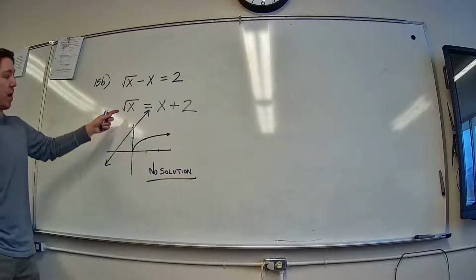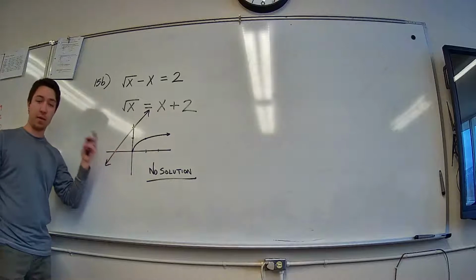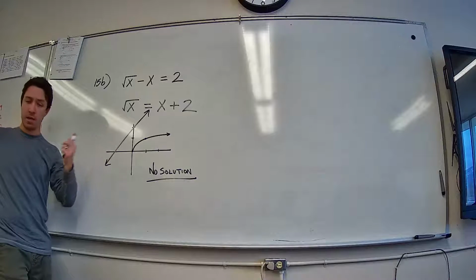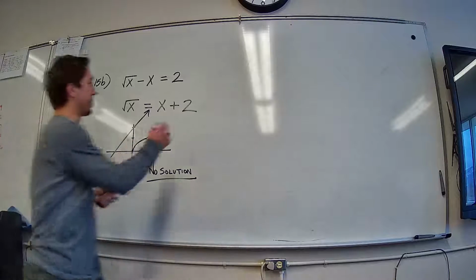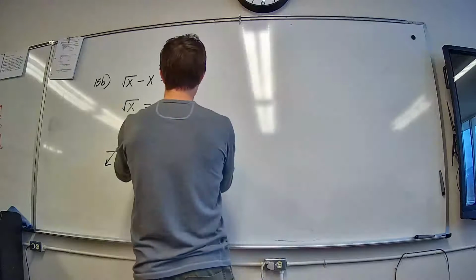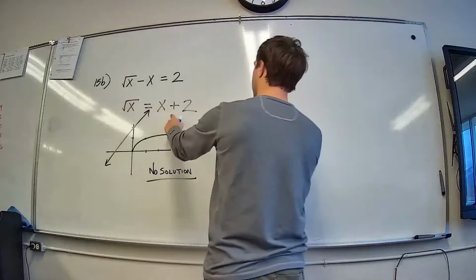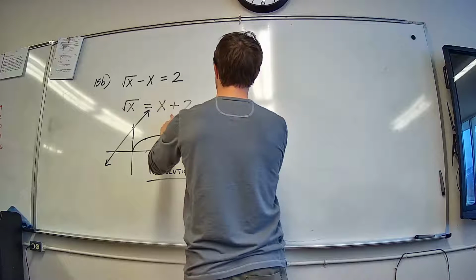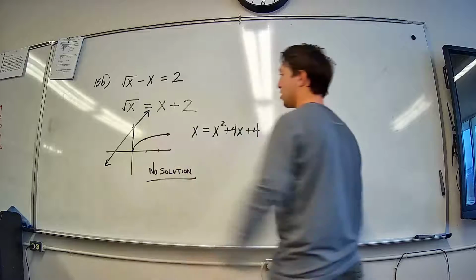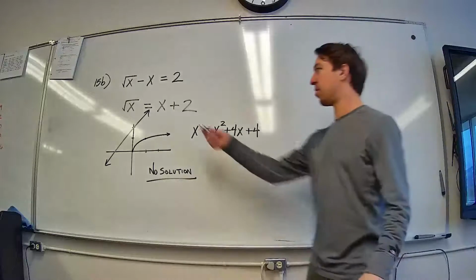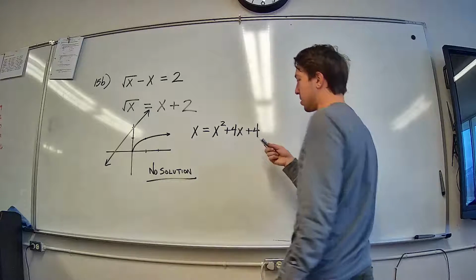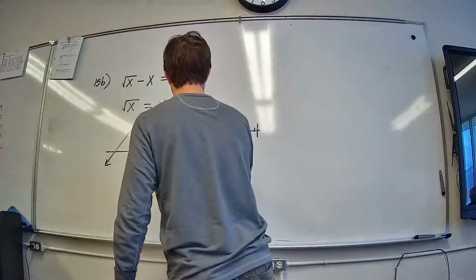Let me quickly run through how else you could have found this. I really want to encourage you to think graphically. Look how efficient that is graphically. But let's say I'd squared both sides of this. We would have had x equals, when you square this, don't make what they call the freshman's mistake, which is to go x squared plus 4. You have this, and then if you solve that,